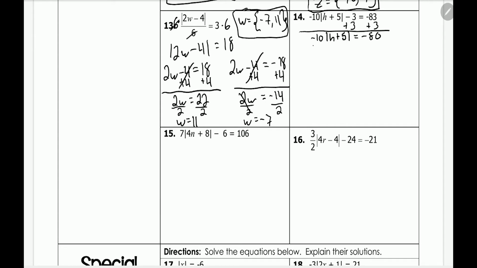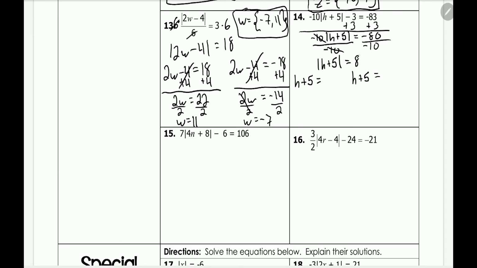Now we have to divide both sides by -10. So, -10 cancels. We're left with the absolute value of h plus 5 is equal to -80 divided by -10, which is +8. Now, we have to set the thing inside the absolute value equal to